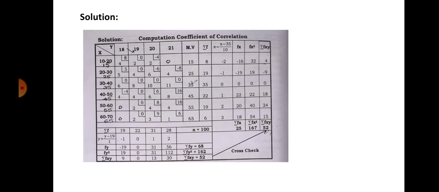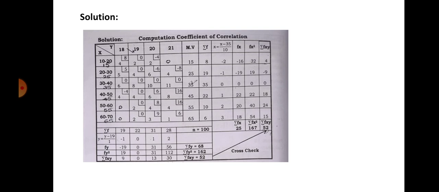Now x, what is x? First you find the midpoint, the fifth column, sixth column, which is 15, 25, 35, 45, 55, 65. These are the midpoints of the class intervals. Now sigma f I have written. Next column is our eighth column. We have taken x just to make it simple. That should not be taken as the notation. Here dx is x minus 35. 35 is the middle value. Middle value of the, which one?